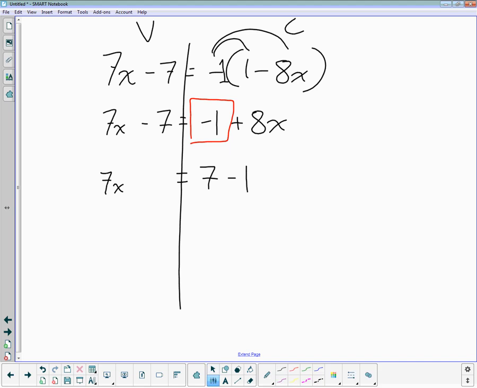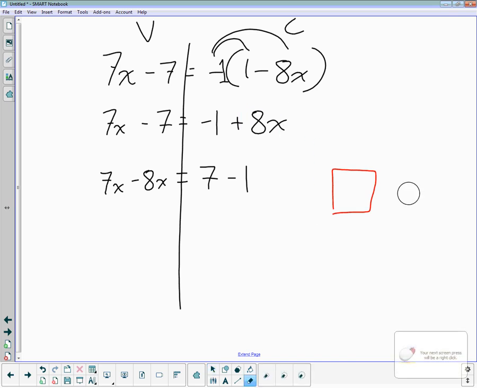Supposed to be. Does it stay or does it go? It goes, and when it goes, it comes over to the other side. Step, we have moved everything from the right to the correct side of the equation, and now all we have to do is combine like terms. Right. So 7 minus